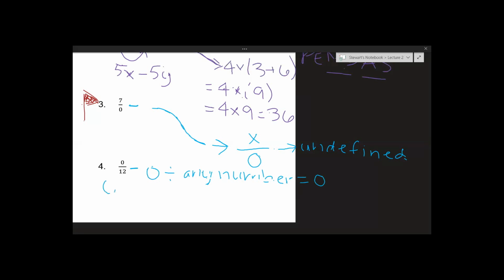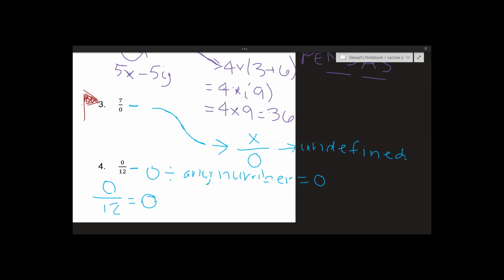So we'll have 0 divided by 12 is equal to 0, which is a nice property too. This isn't a red flag. This is a nice green flag, go, yay, go you. It'll be nice and easy division, because anytime you see 0 in the numerator as the only number in the numerator, divided by any number, whether it be positive or negative, as long as the denominator is not 0,